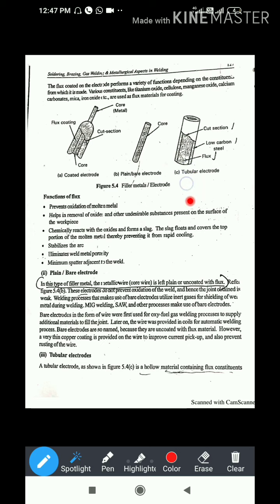Now you can see over here tubular electrodes. The tubular electrodes are shown in the figure. It is a hollow material containing flux constituents. So it is a hollow tube, but it also has flux. In the hollow tube, if